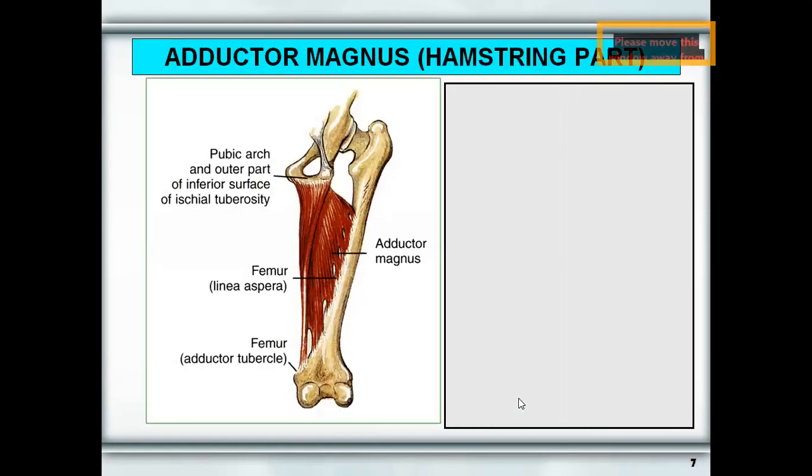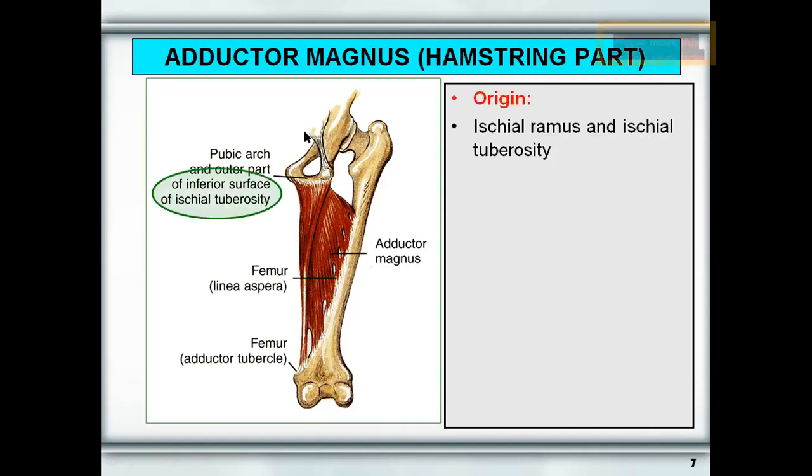Okay, so if you remember adductor magnus, we have done it in the medial compartment of the thigh. There also we have discussed this muscle. Now a part of it is also seen behind, because I told you it is a hybrid muscle, where we see it is supplied by two different nerves, isn't it? The medial compartment is supplied by the posterior division of the obturator nerve, and the hamstring part would now be supplied by the sciatic nerve. Okay, the tibial component.